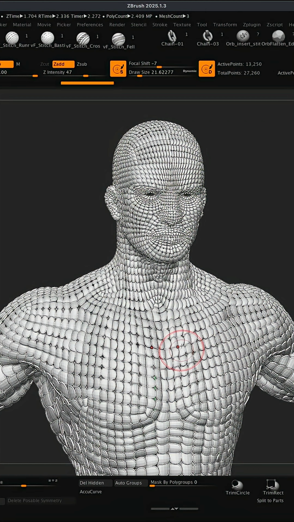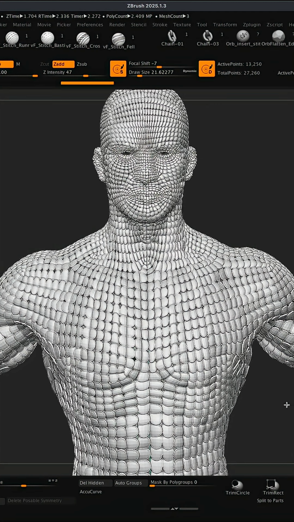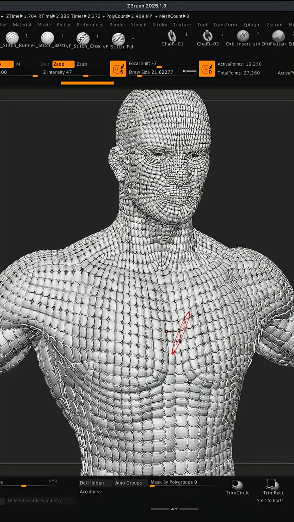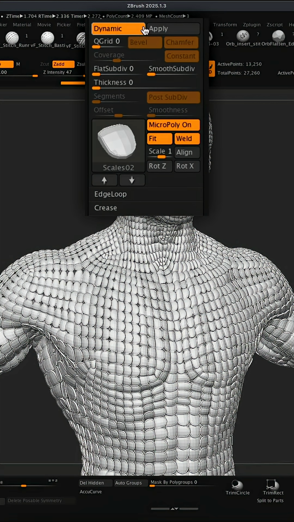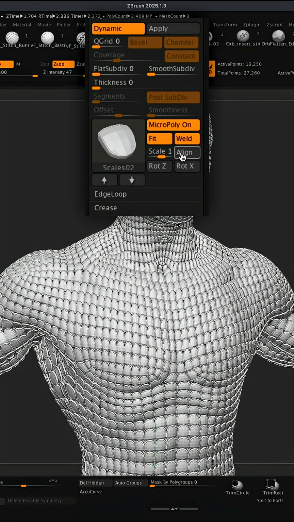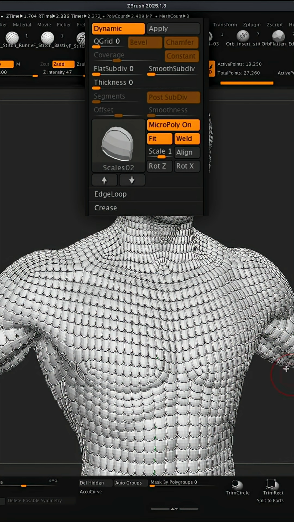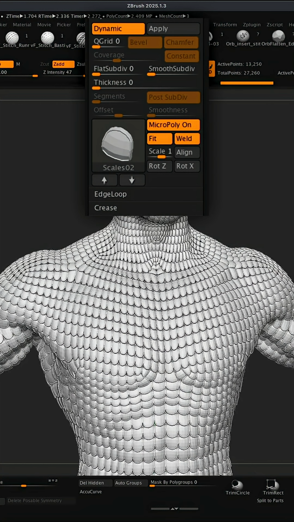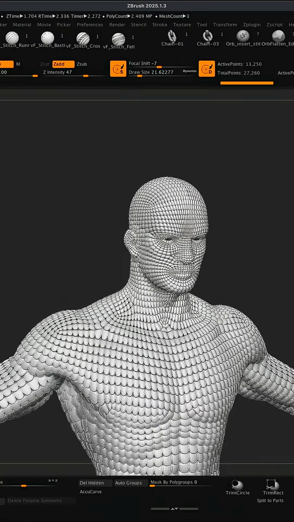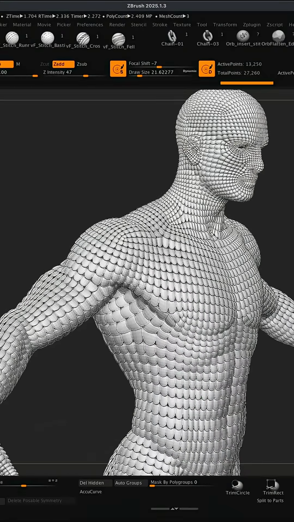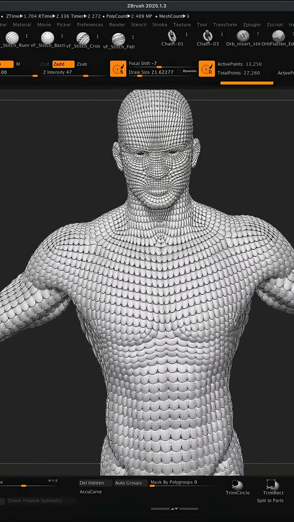The scales will be automatically applied to all the polygons, which is really cool, but obviously they're not aligned properly. Let's come here and click on Align, and now we can rotate them on Z, for example. And I can click it a couple times to rotate them around until I find something that I like. And take a look very quickly, in a matter of seconds, literally, we have this cool scale effect on our